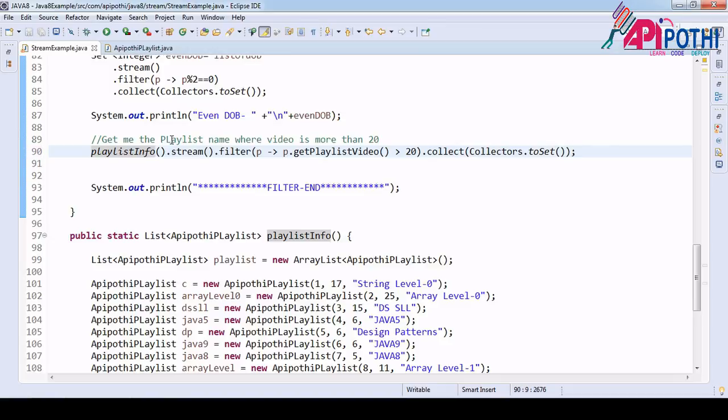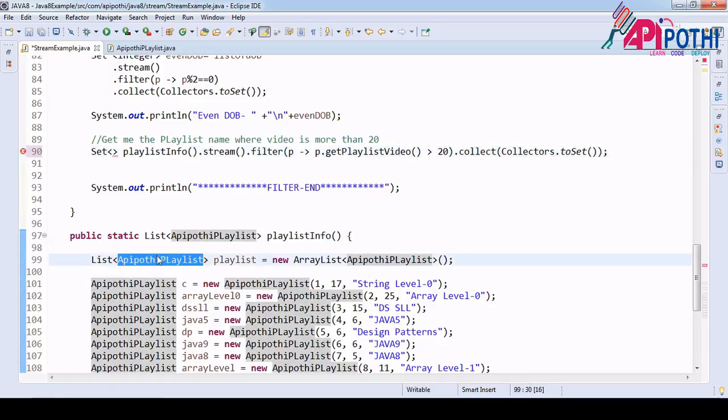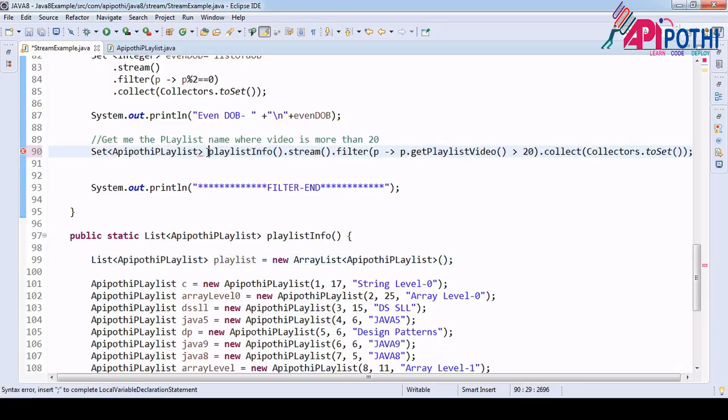Now I have created the set of which type? Class type. What is the class name? This one. So paste it here. And what is that?